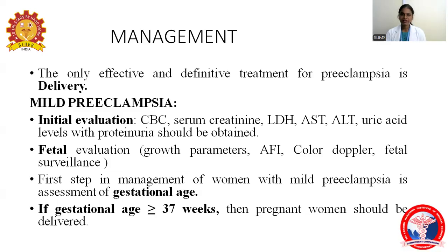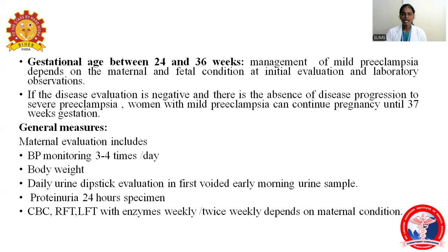Coming to the management part, the only effective and definitive treatment for preeclampsia is delivery. So we will see the treatment part for mild preeclampsia first. We have to do initial evaluation like CBC, urine protein, LDH, liver enzymes, uric acid, along with proteinuria. Next, fetal evaluation. For fetal evaluation, we should do growth parameters, amniotic fluid index, color Doppler, and fetal surveillance. The first step in the management of mild preeclampsia is assessment of gestational age. If the gestational age is more than or equal to 37 weeks, then the woman should be delivered. If gestational age is between 24 to 36 weeks, management of mild preeclampsia depends upon maternal